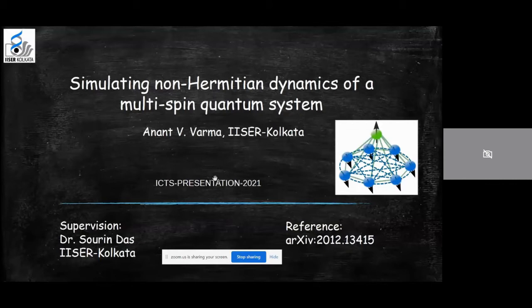And today I'll be talking about how we can simulate or realize non-Hermitian PT-symmetric dynamics of a many-body system, in particular, a multi-spin quantum system. And this work has been done under the supervision